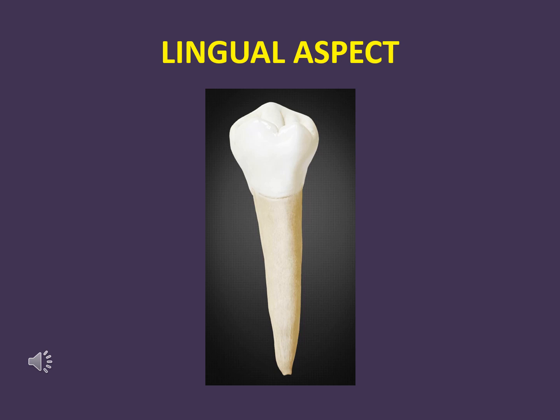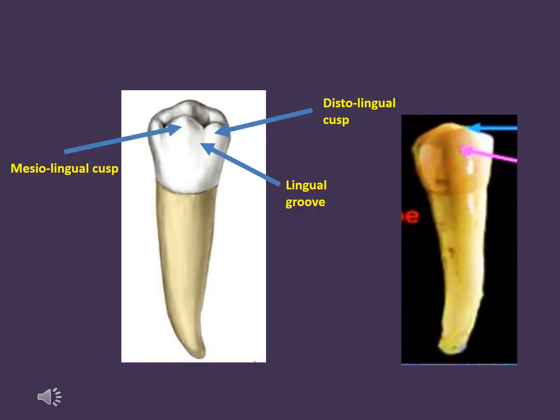In the three cusp type, the lingual side shows only a minimal convergence. The lingual cusp is well developed and is only slightly shorter than the buccal cusp, making only a part of the occlusal aspect of the buccal side visible from this aspect. In the slide, you can see two pictures. The left side picture shows the three cusp pattern, whereas the right side picture shows the two cusp pattern.